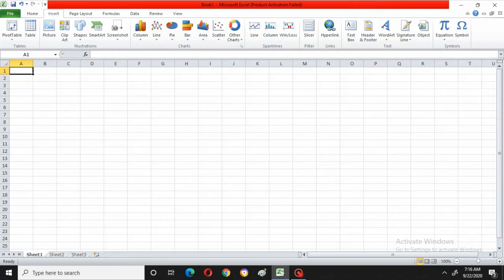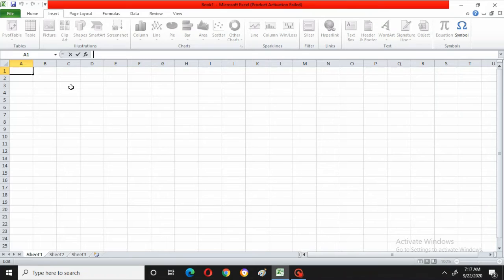Next comes this. Can you see here A1 and near it fx, one place is there? Can you see this? One name is coming as formula bar. That means this total bar is named the formula bar. Whichever formula you want to type in the system, if you want to do addition, it can be typed over here. That is called the formula bar. Regarding the formula bar, I will explain it clearly when we enter into the different options. But for the meantime, just understand that this is the formula bar.